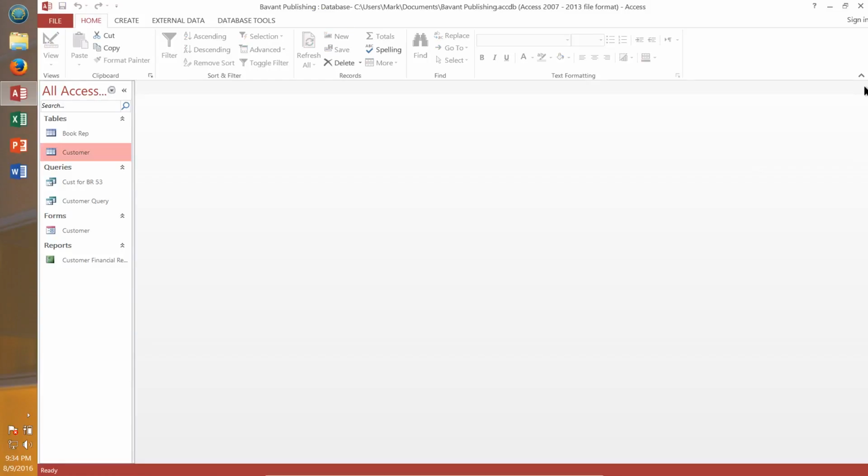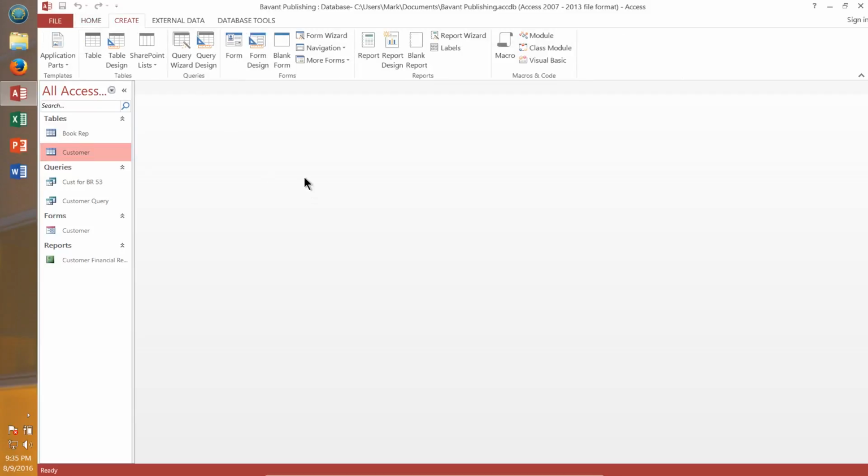Now, we've done a couple of queries in Part 1, but we're going to do some much more advanced queries. In this case, we're not going to be using the query wizard, we're going to be doing query design. Notice right now I'm on the customer table. It doesn't really matter which table you're on when you create a query, like it does with reports and forms. So if I use query design,